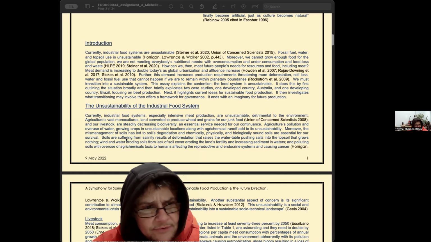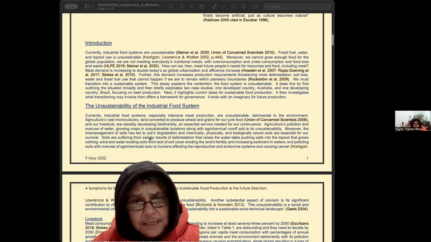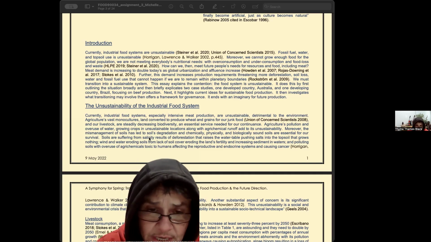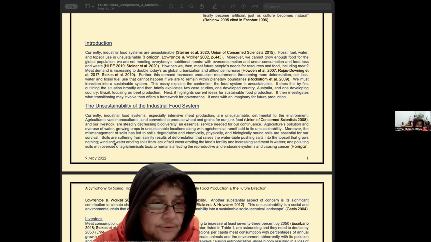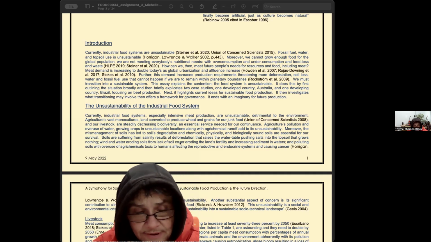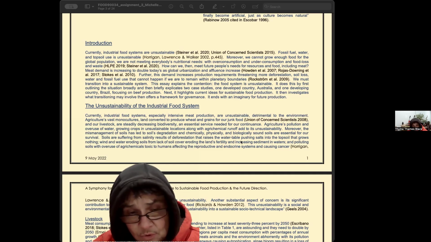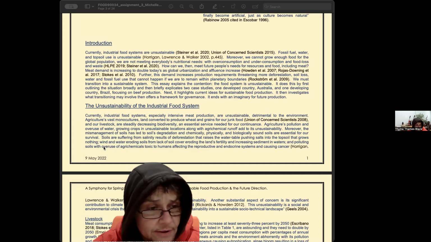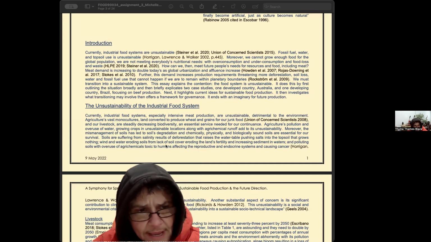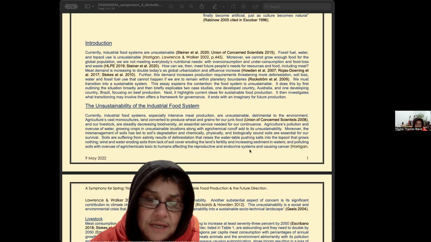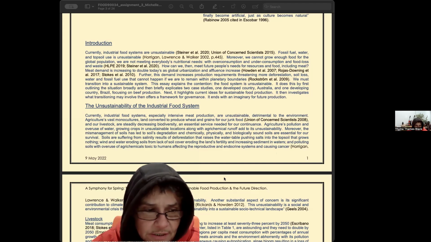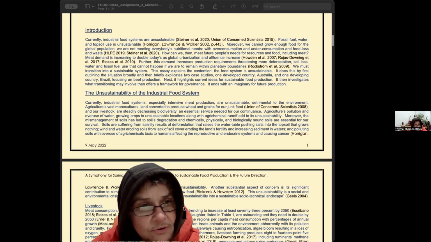Moreover, the mismanagement of soils has led to soil degradation, and chemically, physically, and biologically sound soils are essential for our survival. Soils are suffering from salinity, results of deforestation that raises the water table, pushing salts into the topsoil that grows nothing. Wind and water eroding soils from lack of soil cover, eroding the land's fertility and increasing sediment in waters, and polluting soils with overuse of agrochemicals toxic to humans, affecting the reproductive and endocrine systems and causing cancer. Harrigan, Lawrence and Walker, 2002,